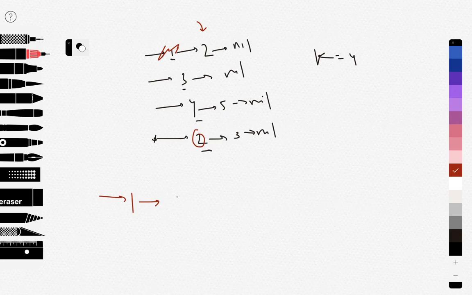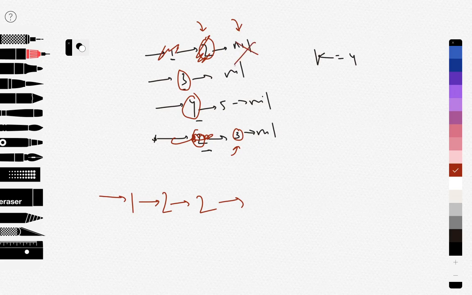So now again 1 will point to this 2, and then again we will just increment this pointer, we will go to the next pointer. Now again we will compare among these values 3, 4, 3, 2. So clearly this 2 is the smallest, so the next one will be 2, and this will again point to the next value, which is nil. Now since it's pointing to nil, we can ignore it, no need to consider this.